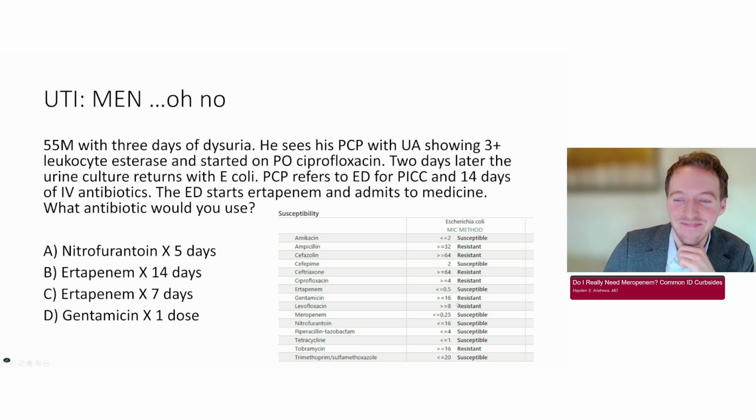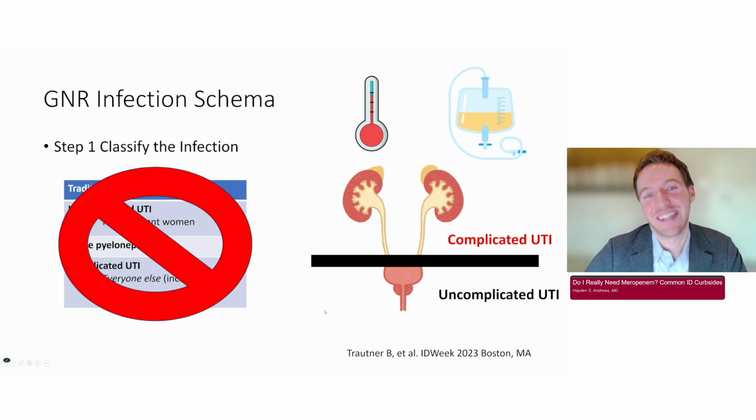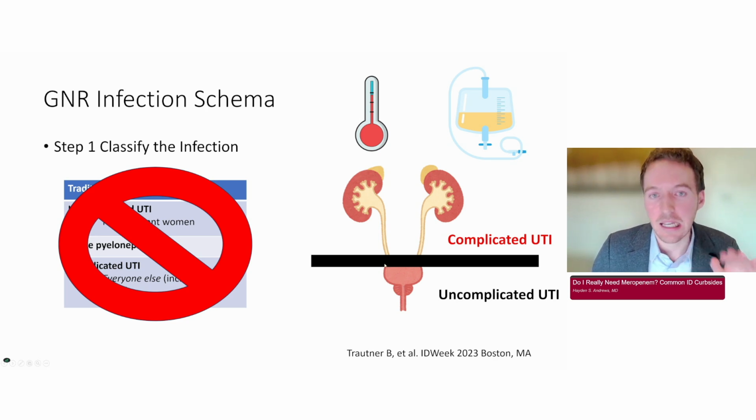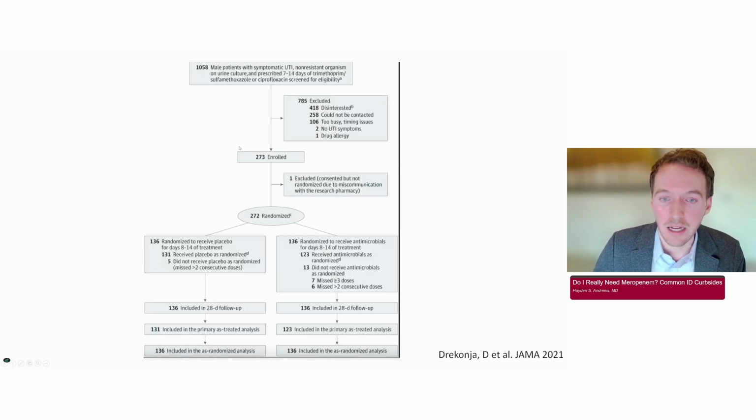Okay. So remember, why it's so important to classify infections is because it determines everything else. So where is this infection? Is it just in the bladder, so it's an uncomplicated UTI, or has it moved beyond the bladder? Sex does not factor into our decision-making. It's, do we have tissue invasion or not? So when we have a man who's just having dysuria, we're not having any fever, we're not having any chronicity to think this is prostatitis or some obscure problem. We have no flank pain. So really this seems like just in the bladder. So it's an uncomplicated